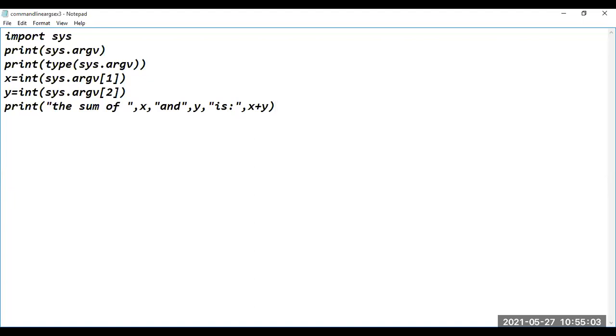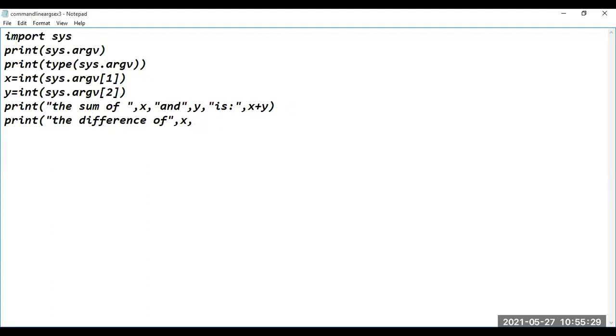Are you following the syntax? Yes, sir. Next, print the difference of, comma, x, comma, and, comma, y.